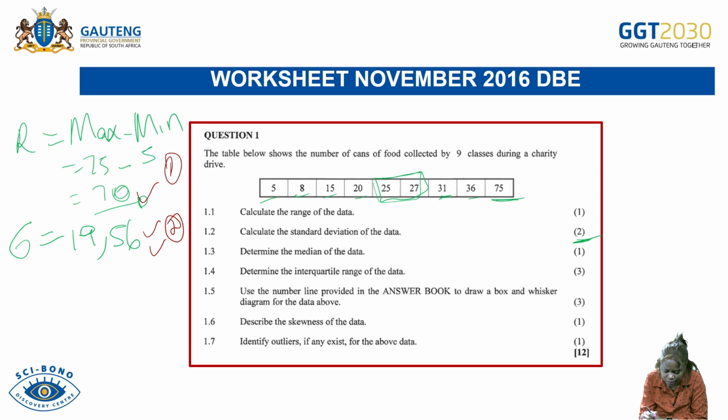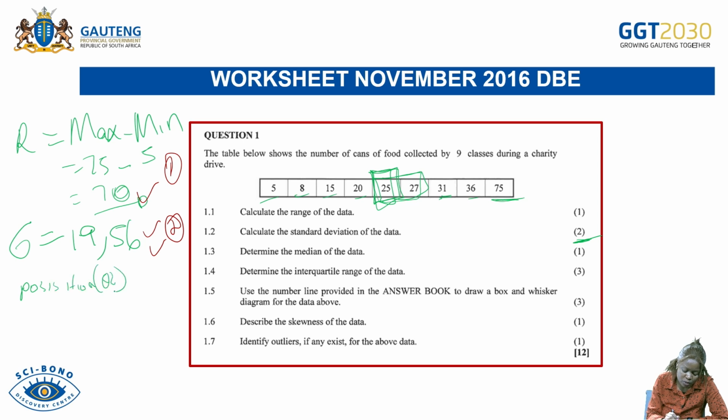Am I lying? Let's double check. It's going to be 1, 2, 3, 1, 2, 3. Then, oh, no. It's going to be 25. You can just double check by finding the position. Ne? You say the position of the median